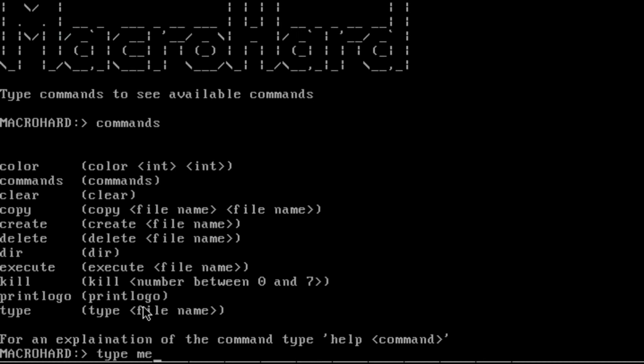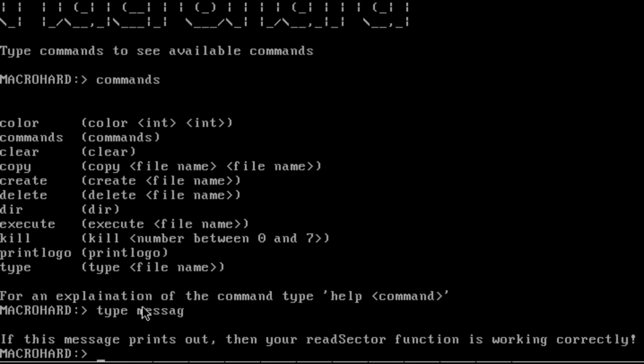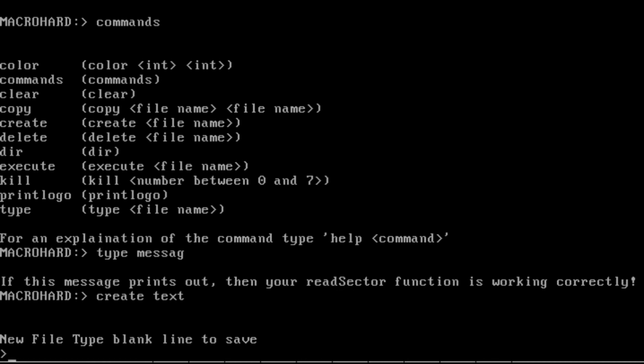First command we'll look at will be reading a file via type. Our operating system uses a file system, which involves a directory to list the files currently inside memory and a map to record which sectors are filled by these files. Of course, in addition to reading files, being able to create files will also be useful. We will create a simple text file.